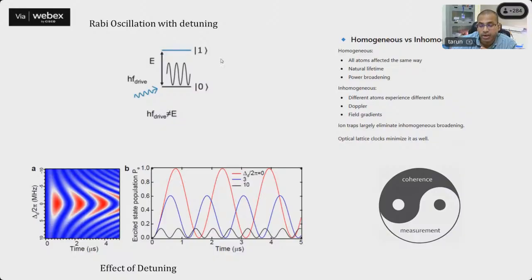One thing we have already talked about is the magnetic field. If the magnetic field is fluctuating, then these levels will also fluctuate. That will introduce some kind of noise in your system and will not give you the proper value of the resonance frequency, because you are scanning the driving frequency, and when it matches, you are checking whether the population has been completely transferred or not. But because of this magnetic field fluctuation, the levels are also fluctuating. So you will not get any stable oscillation that you can predict. So that is another thing. And this broadening effect you all know. But when you are talking about a single ion,